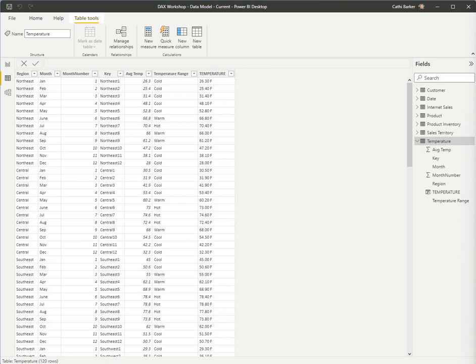Some of you may be familiar with functions in Excel, such as VLOOKUP, or functions like join in SQL. What we often need to do is look up values that are related to our data but are in other tables. Let's have a look. If, for example, I was to go out of the data view and into the model